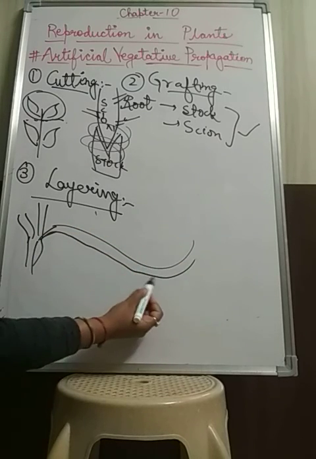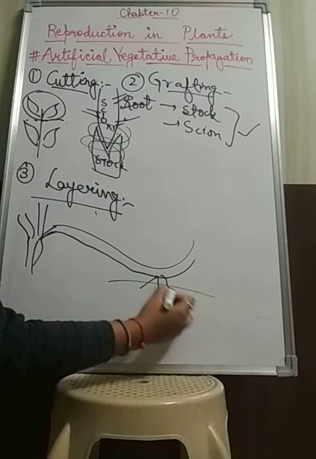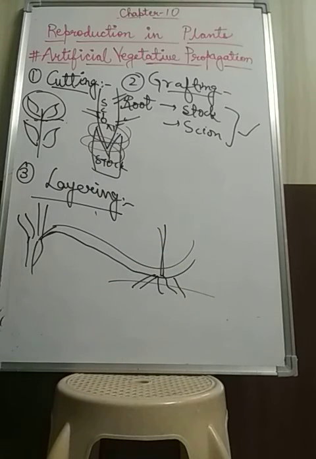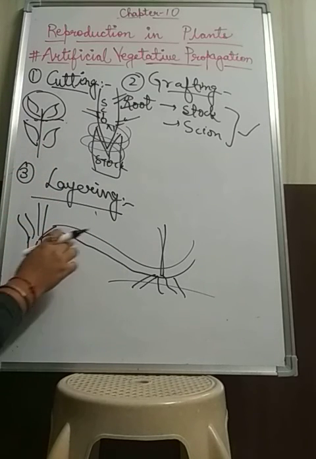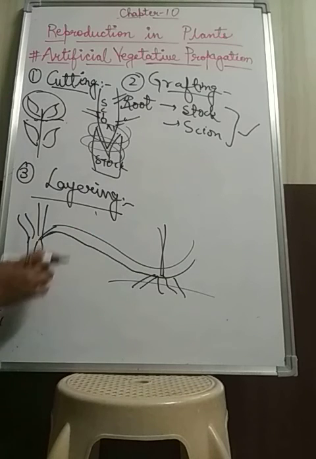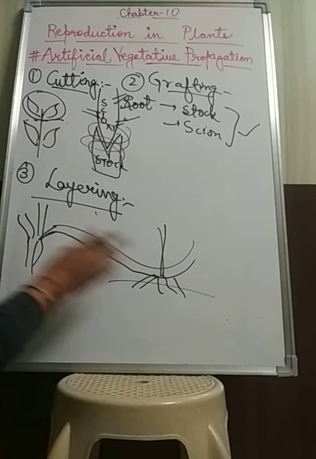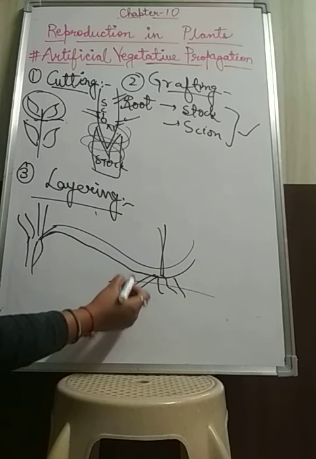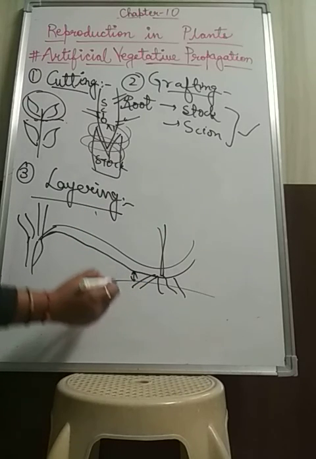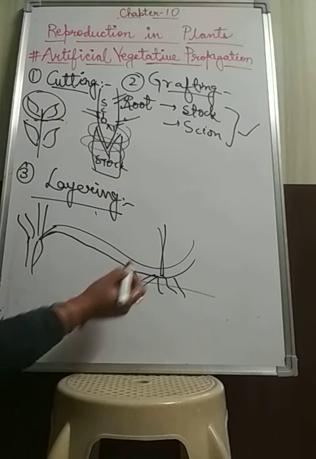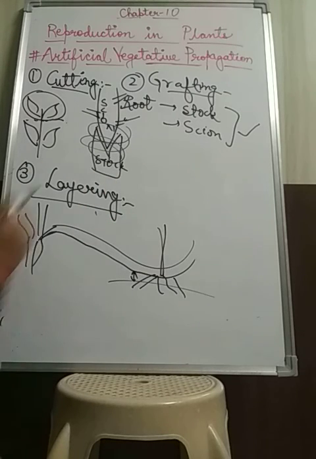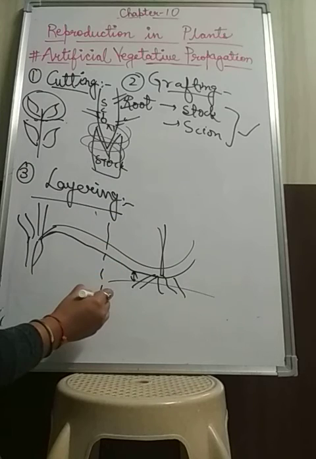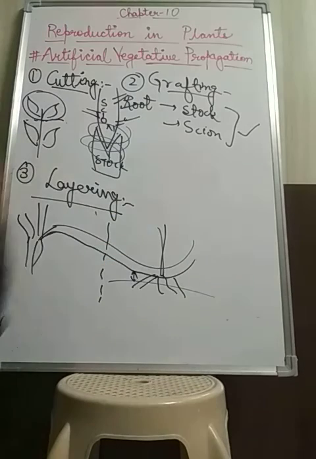As soon as they come in contact with the ground, they start to grow roots, and the new plant starts to grow from it. So it involves a plant with long flexible branches, where the branch or stem is still attached to the parent plant. It is placed in contact with moist soil, which encourages it to send out roots, leading to the development of the roots. Once the roots start to emerge, new plantlets are formed. These can be separated from the parent plant and grow as a new individual.